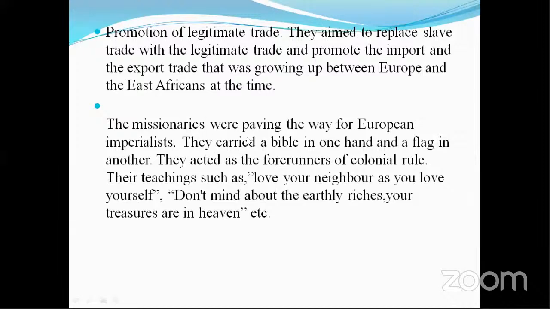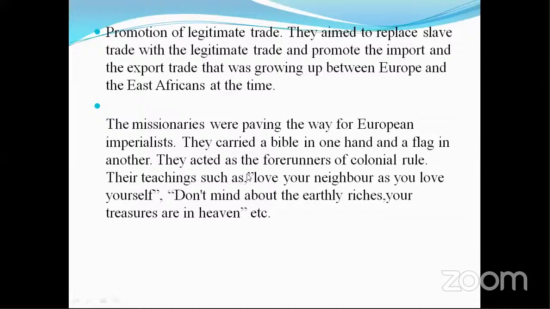The point is, the missionaries were paving the way for the European imperialists. They carried a Bible in one hand and a flag in the other. They acted as the forerunners of colonial rule. Their teachings, such as love your neighbor as you love yourself, don't mind about earthly riches, your treasures are in heaven, etc. Now, when you look at all these, they were used to soften the minds of the Africans,